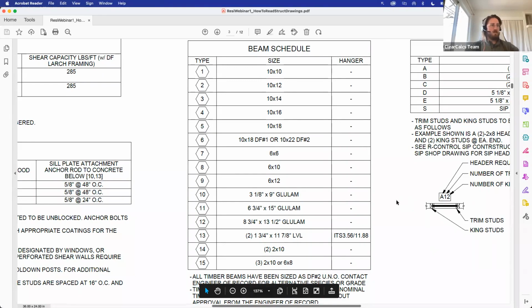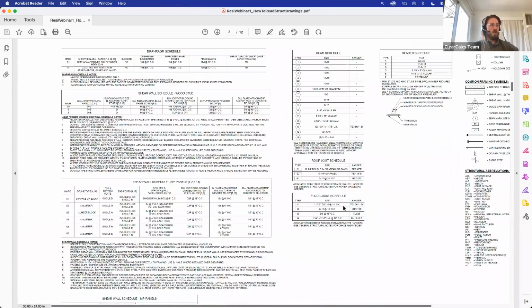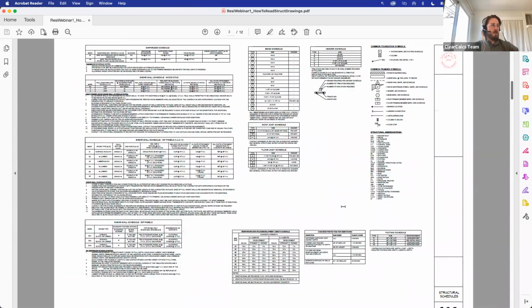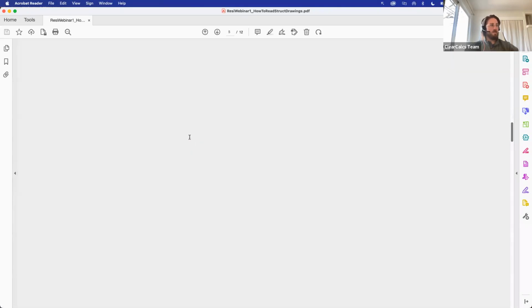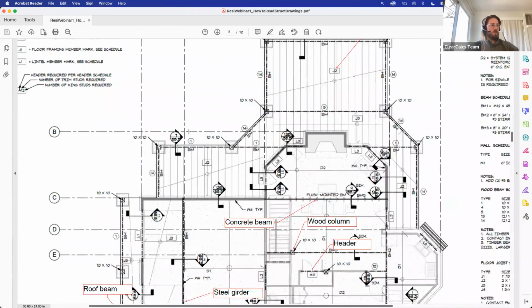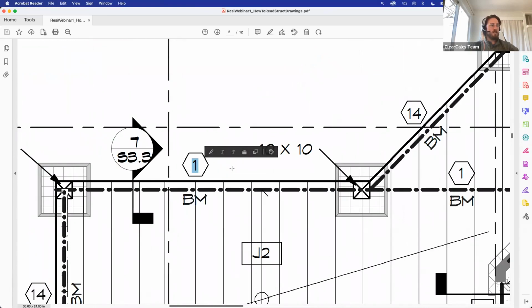But let's find this one first. We're looking for that hexagonal 1. I already know where it's at, so I'll just go straight there for the sake of time, of course. So we'll zoom in. We see this hexagonal 1 on these drawings. So we know that this beam right here